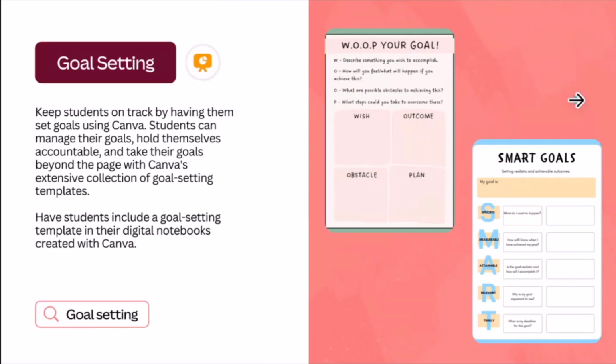So when we think about bringing Canva into the classroom and how it can support executive functioning, think about goal setting. Maybe you want to keep your students on track by having them set those goals. You're going to be able to find whiteboard templates or any template in the Canva library for them to keep those goals. And they could even create maybe digital notebooks where they are going to be able to keep track